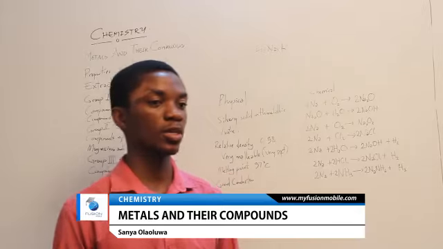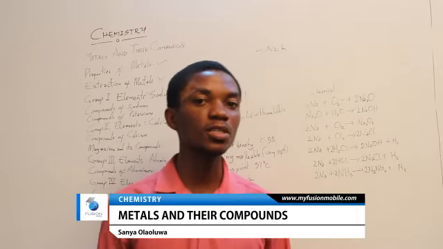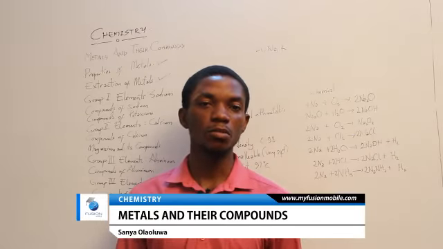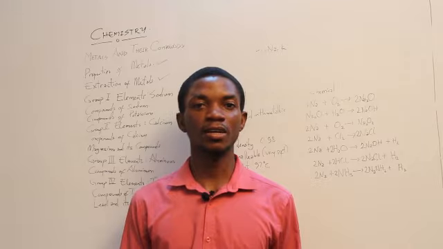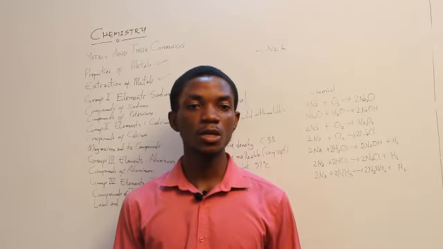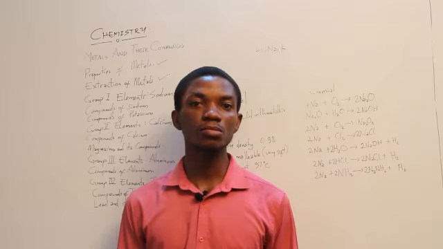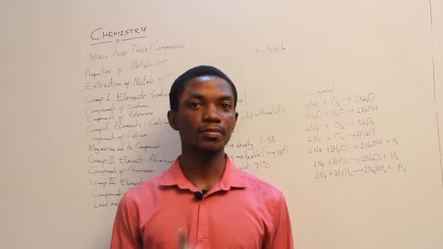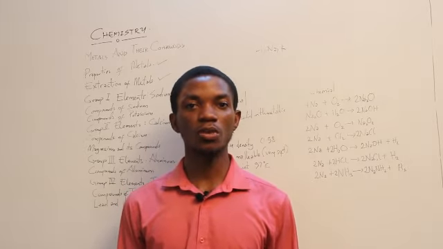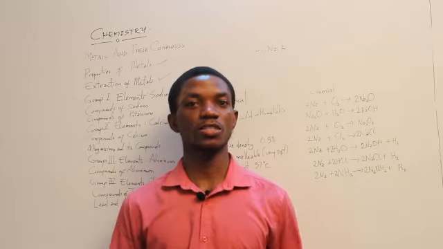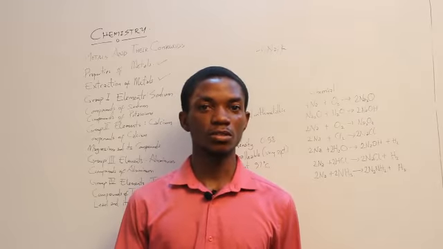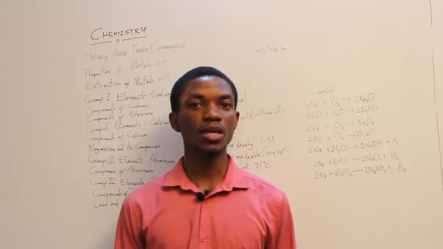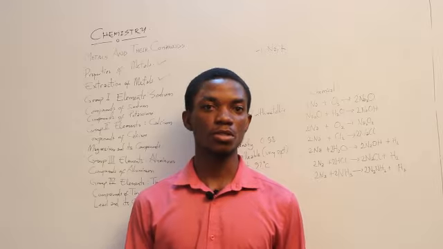When you burn potassium in air, if you suspect something to be potassium, you observe a lilac flame. But when you view this lilac flame under a blue lens, blue glasses, you would see a crimson coloration. So unlike sodium, where it burns with golden yellow and you look at it and it just disappears, you can't see it. In potassium, it burns lilac, and when you look at it under a blue lens, it is crimson.